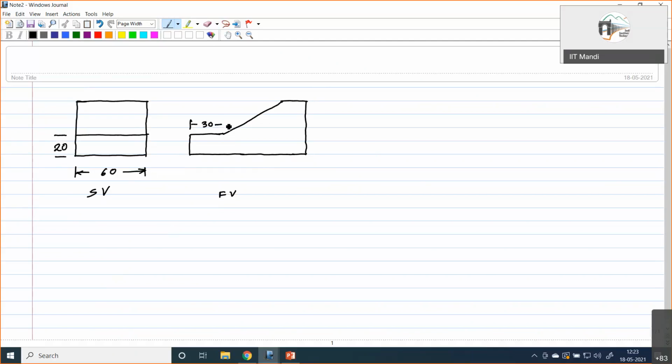These are approximate dimensions, I have considered randomly. Let the height be 60. Suppose this is 100. Just some tentative dimensions I am giving. Suppose this kind of configuration we have.